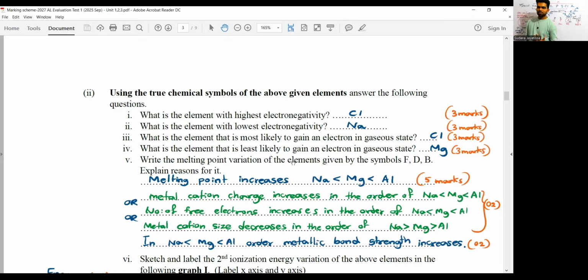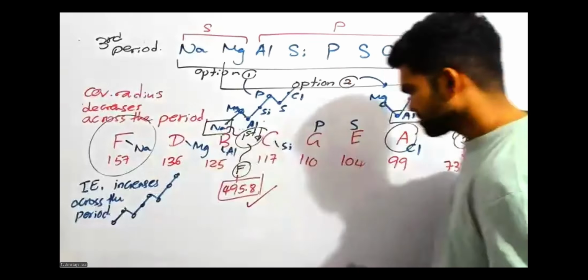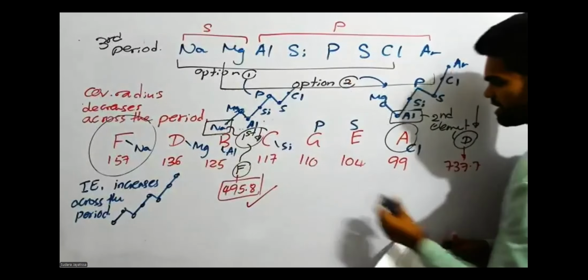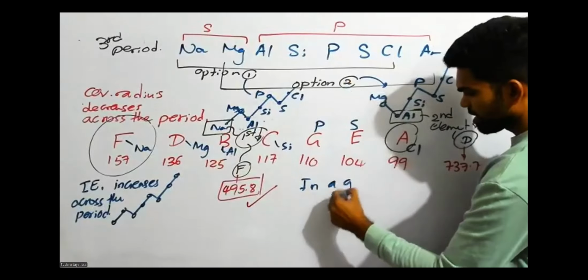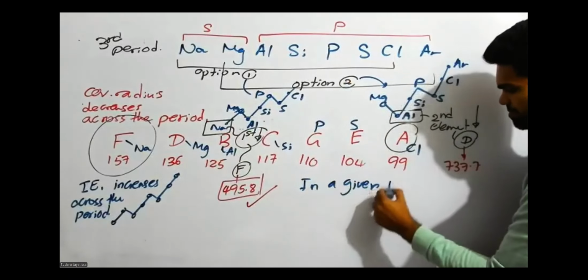So it is asking which one is most likely to gain an electron. You know, in a given period, always the halogen is the one with the highest negative value for the electron gain. So you can write down that point in front of the third one. I'll put it on the board also. You can write this: in a given period,